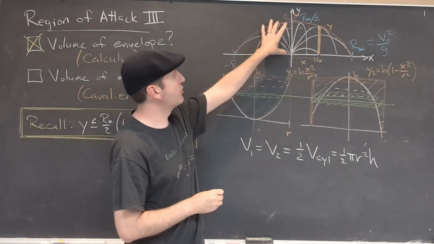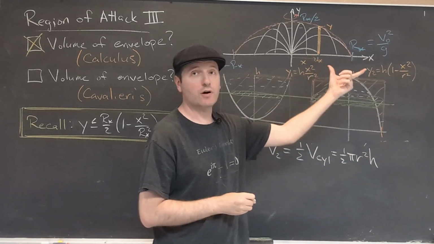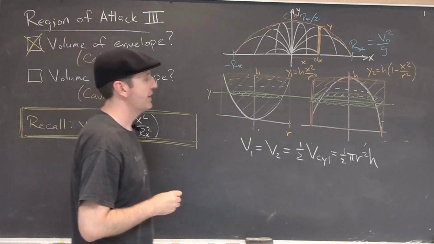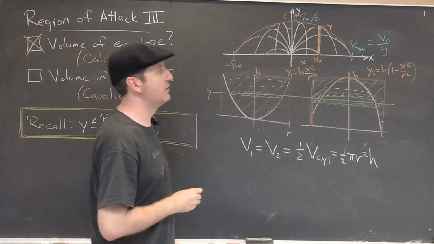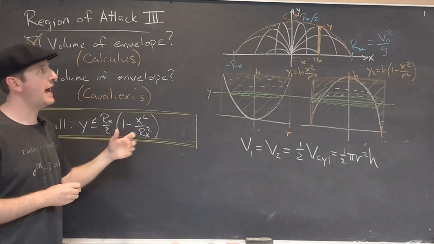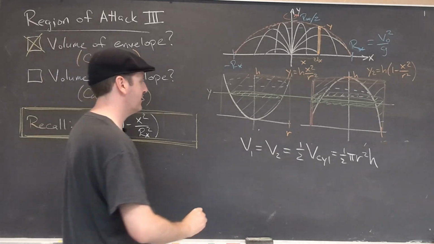So going back to our original picture here, the r is this r star. It's the total maximal range of my projectile. The h here is this maximal height in the middle, which you can use our y equation over here to find is half of that maximum r. So putting everything together,